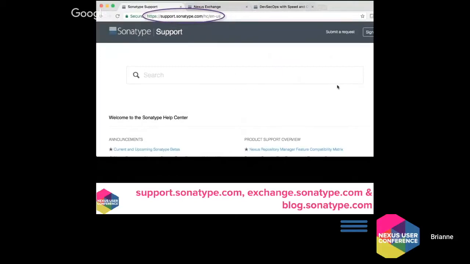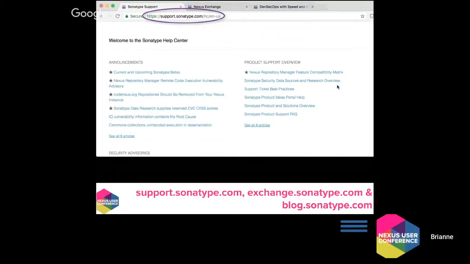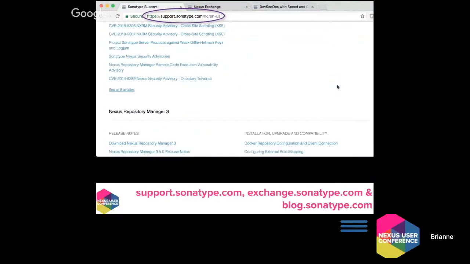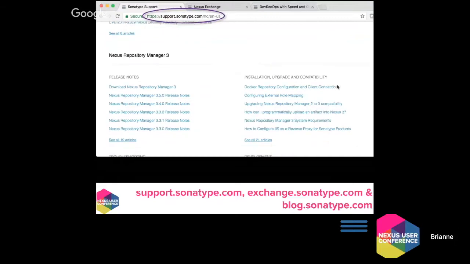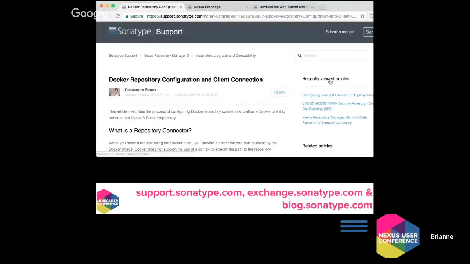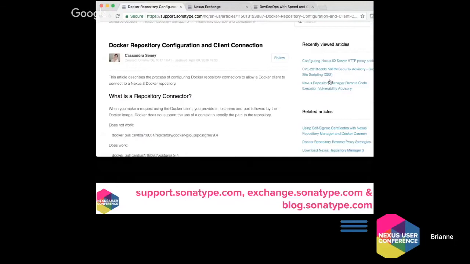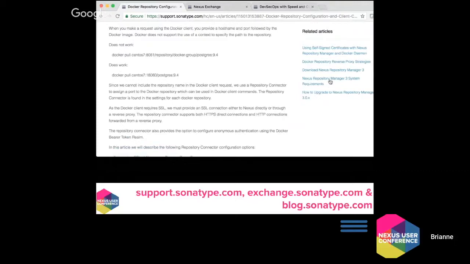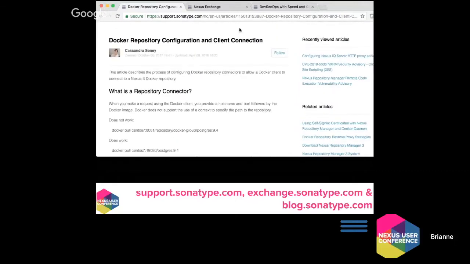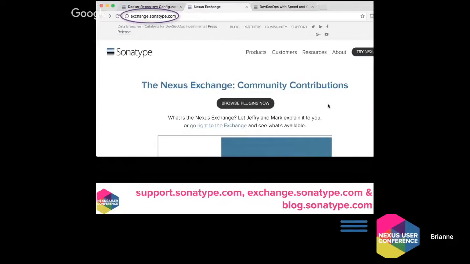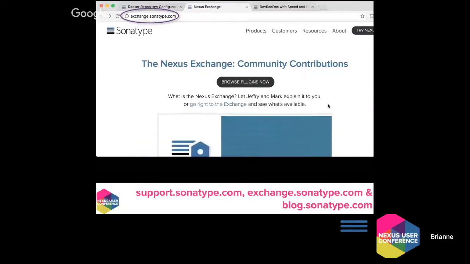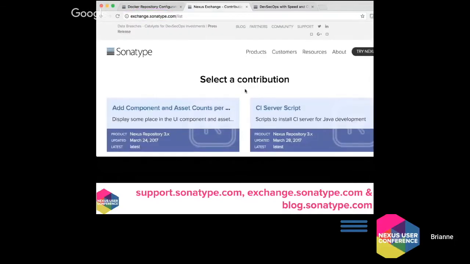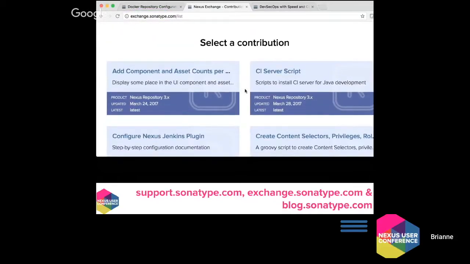Okay, so after that, we also have some great educational resources from our support team, Sonatype Marketing, and the Nexus Exchange. So our amazing support team writes and maintains the support knowledge base, in addition to all the other amazing work they do. And they have a ton of technical articles out there that will help you with some common and not so common issues. You can get to that at support.sonatype.com. And the Nexus Exchange is a really cool place where you can go for community contributions to Nexus Repository Manager. And that site is available at